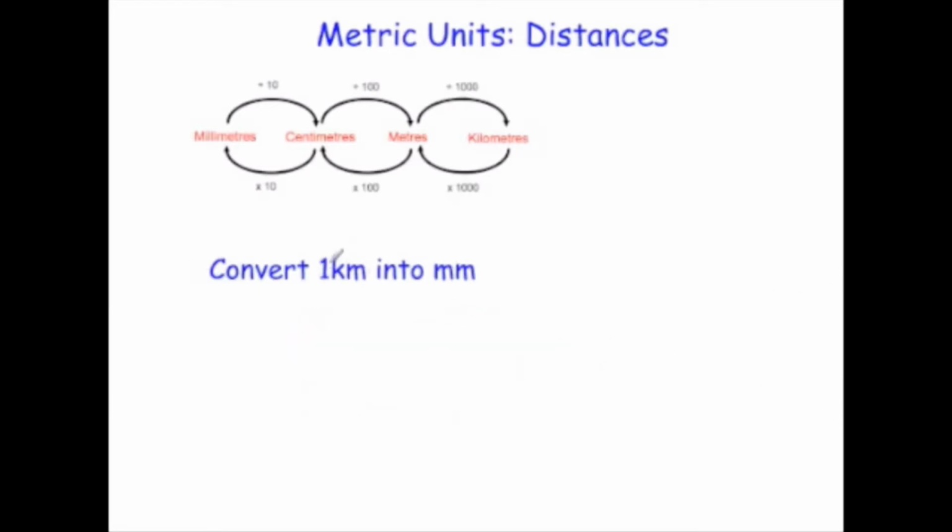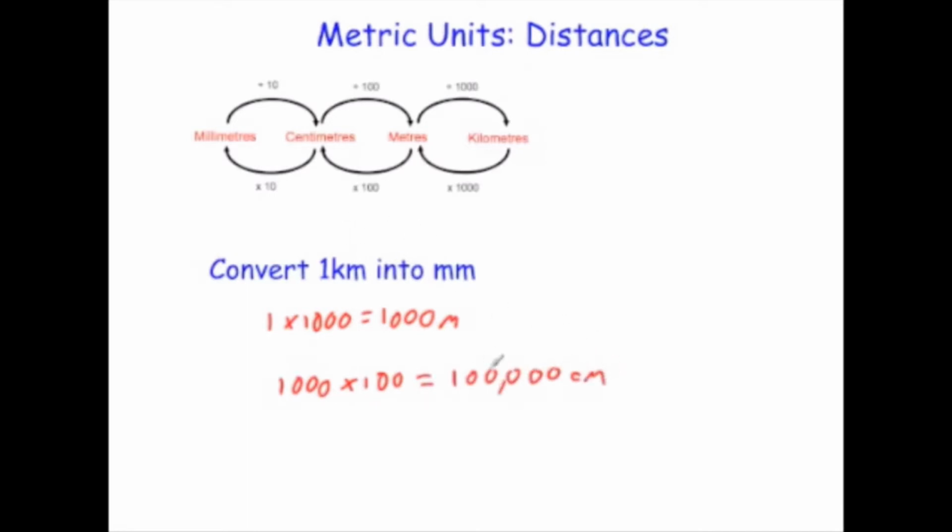Next, convert 1 kilometer into millimeters. So this time we need to go from kilometers to meters to centimeters to millimeters. So first of all, let's take our 1 kilometer and times it by 1,000. Well, 1 times 1,000 is equal to 1,000 meters. Next, we want to go from meters into centimeters. So we're going to times by 100. So we're going to do 1,000 times 100. That's equal to 100,000